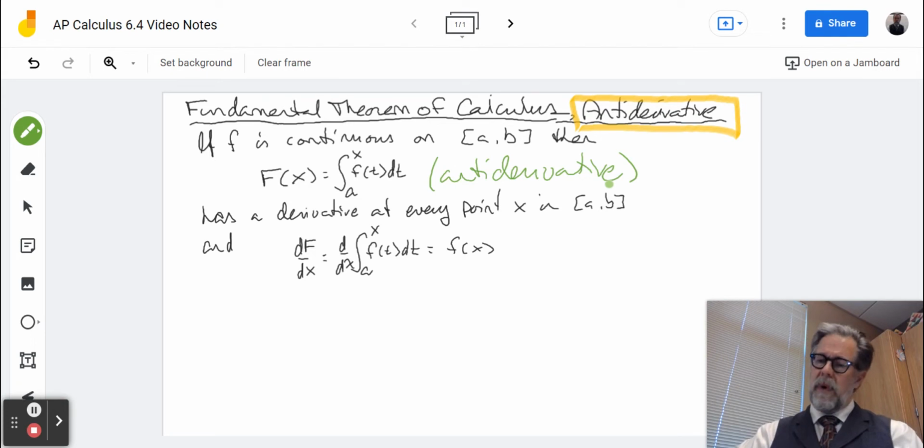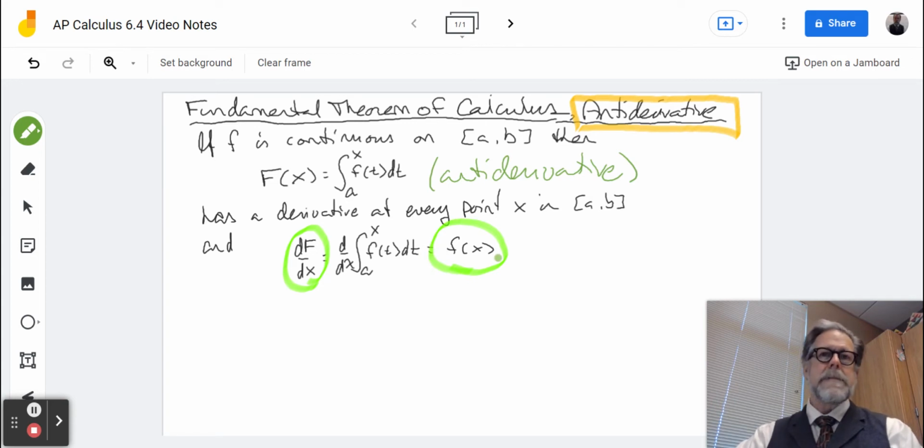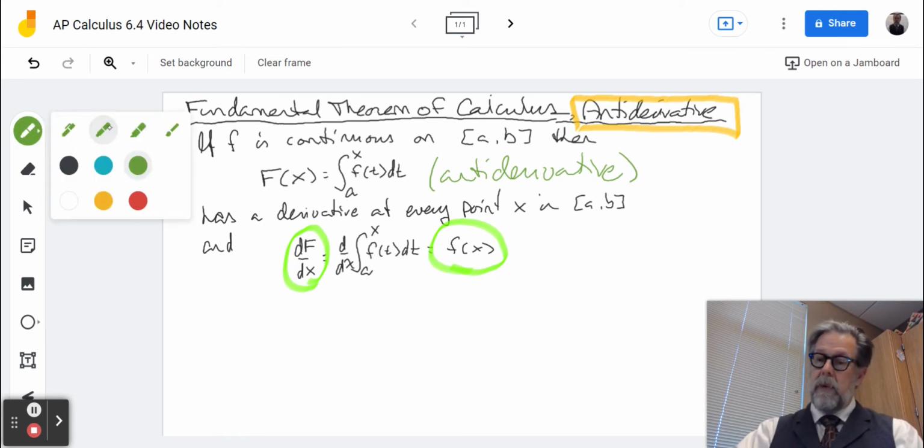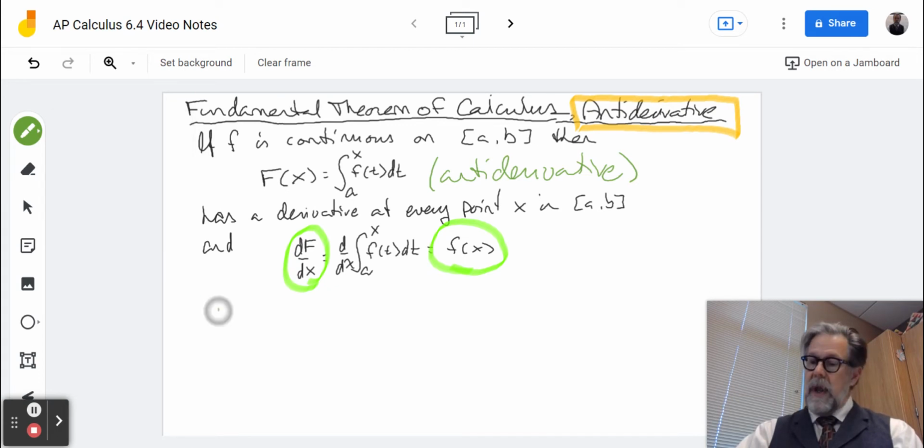And that's fairly important here. That function has a derivative at every point x in the interval [a, b], and that derivative is equal to the function. So we basically just restated exactly what we found at the end of 6.3, but we're calling this the fundamental theorem of calculus because this is a pretty interesting and important concept